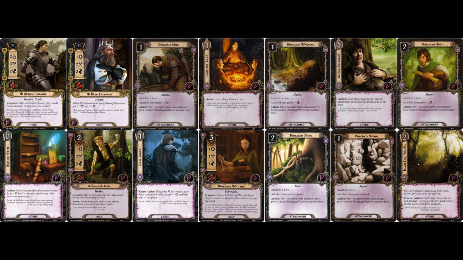for a while, but then eventually the dwarves are kind of pulled, yanked out of the spotlight, and other decks get their time to shine. But I do look forward to using Dáin quite a lot. Here and there, Prince Imrahil will see a little bit of use as well, but I just thought it was